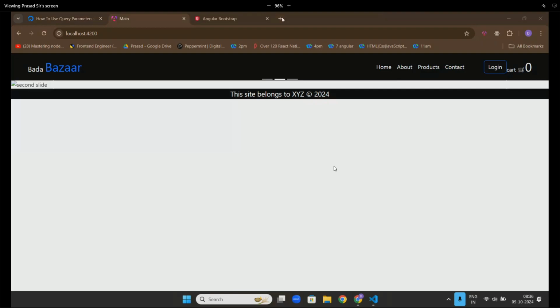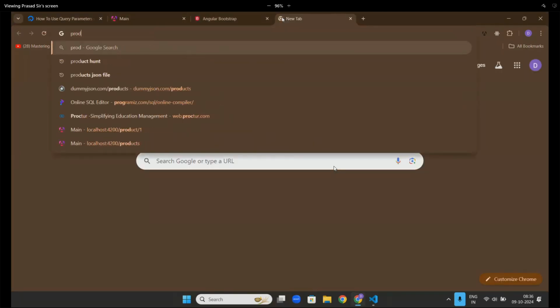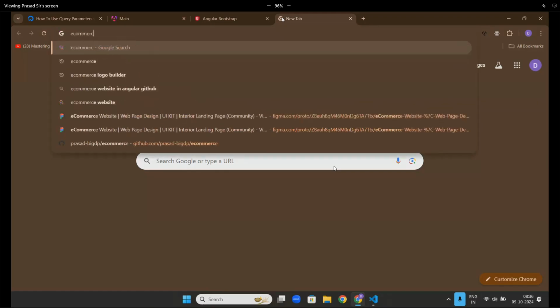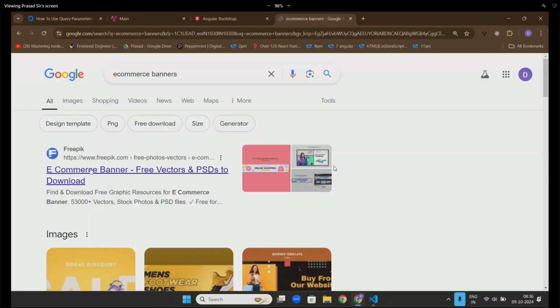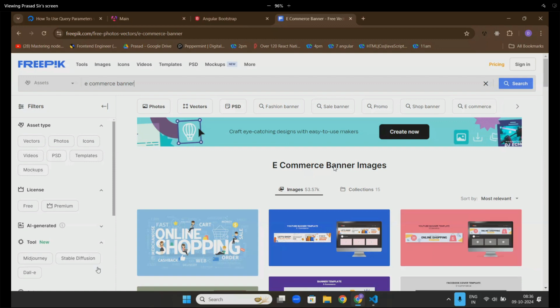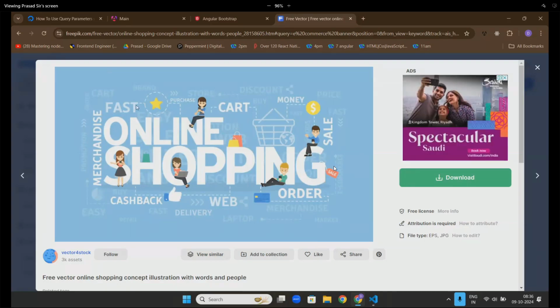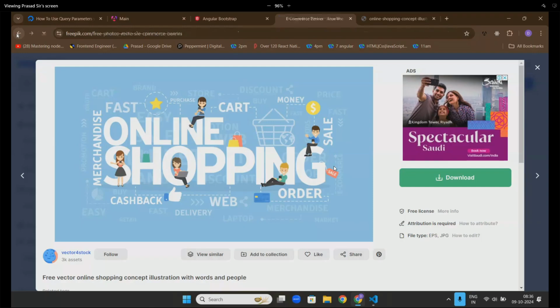Let's put some nice images. E-commerce banners. Right click. Next.